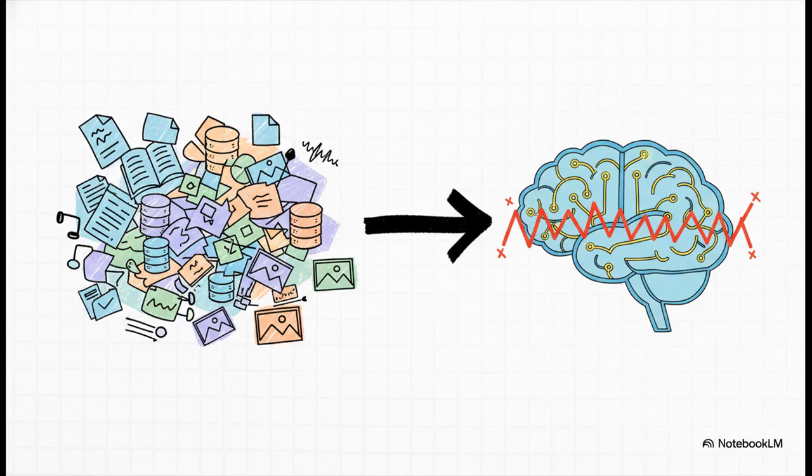See, AI is only as good as the data you feed it. And a lot of the time, that data is just scattered and messy. So before any of these advanced systems can even touch it, that information has to be read, understood, and prepared.